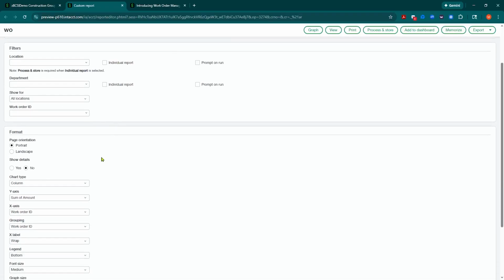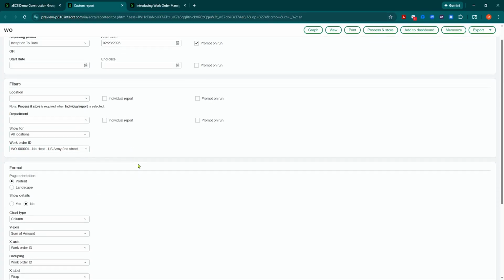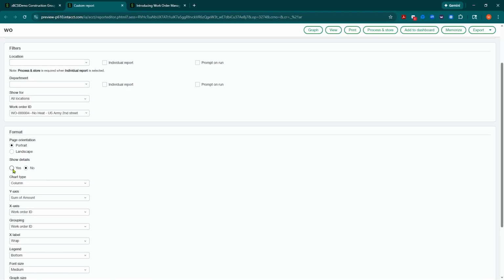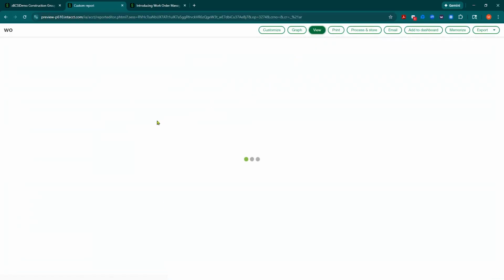And then you could filter. So you might want to just look up one work order. You can see here, I can filter that 4 that we just did. And do I want to show details or not? I'll say, yeah, I'll show details. You can also make graphs, so we can do that with graphs. But if I do a quick view,